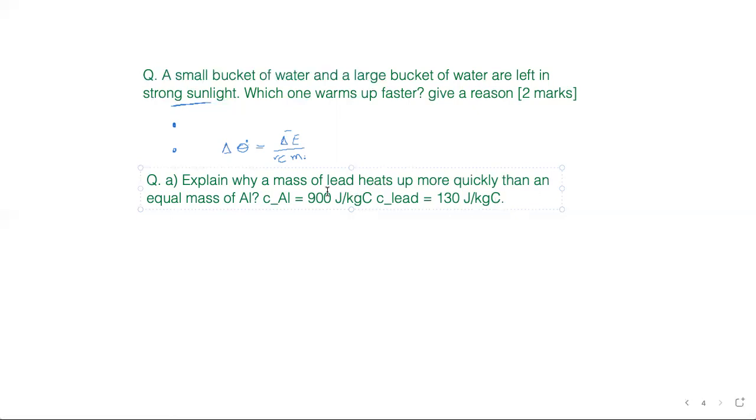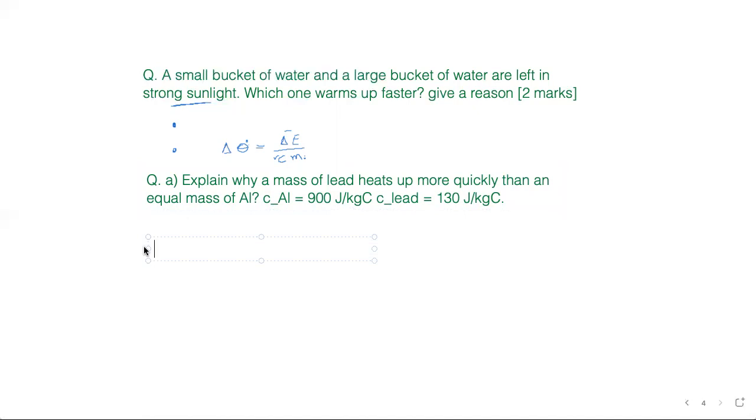Yeah, exactly. This time you gave 2 reasons. First you gave one reason and then you explained it. You said that aluminium has a higher specific heat capacity compared to lead. The second point, you said that it means we need less energy to increase the temperature of lead compared to aluminium. So it will be easy to heat up lead. So you will get both marks. Okay, very good, shabash.